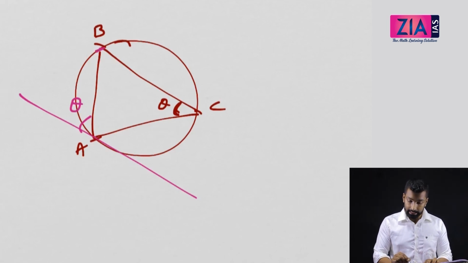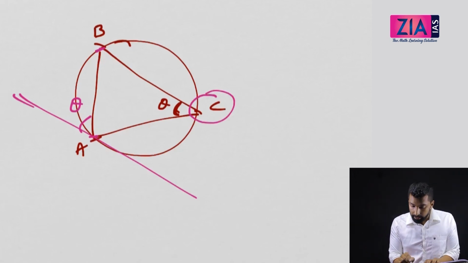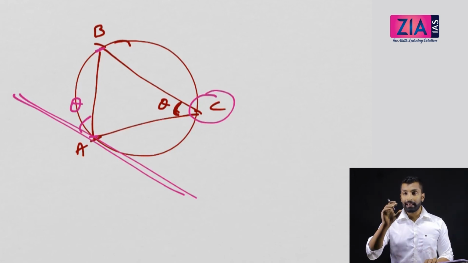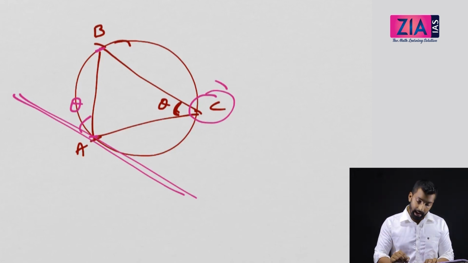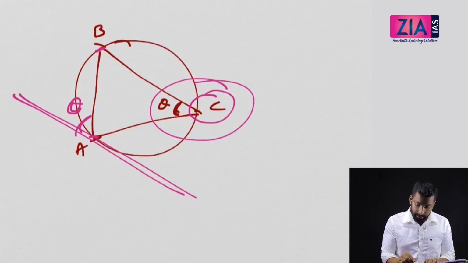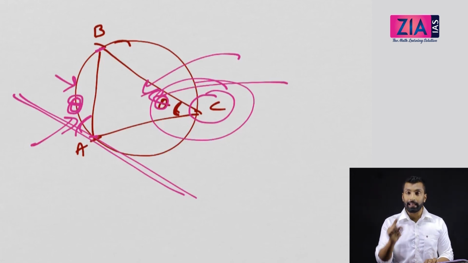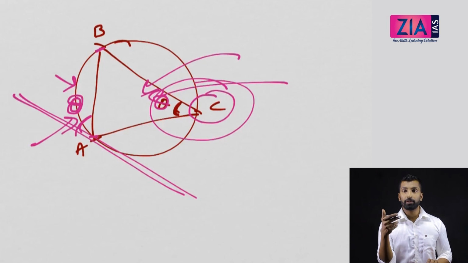So AB is the arc and C is the angle inscribed in the arc, and if you join this tangent, the theorem is: the angle inscribed in the arc is equal to the angle between the tangent at that point and the chord. So this angle is theta, so this will be theta. If this is given, you can find this. If this is given, you can get this. So that is a relation. These are the important properties, and when it comes to circles, we'll discuss more of that. This is enough to solve some questions that we are going to discuss now.